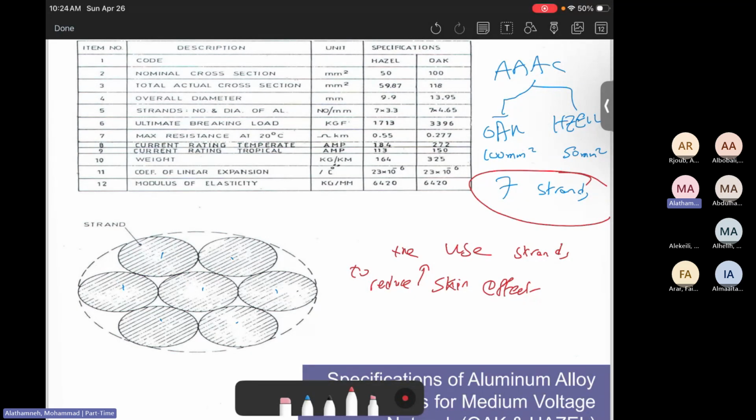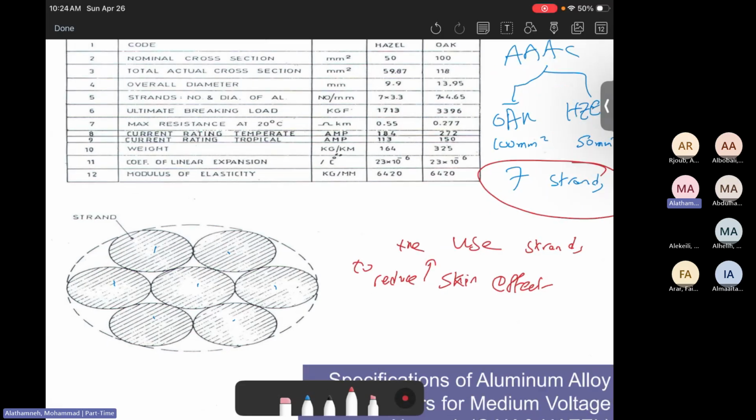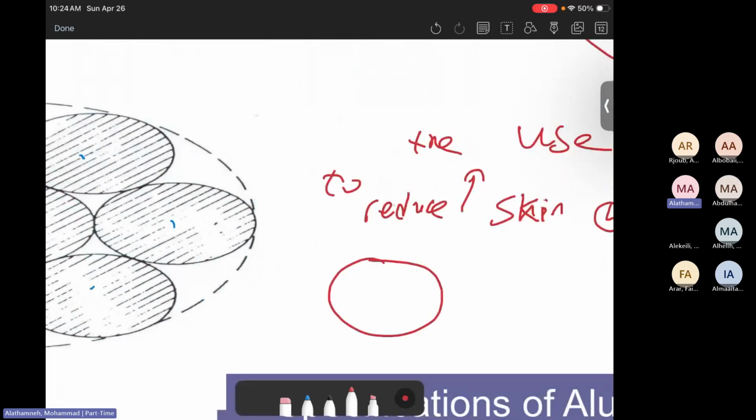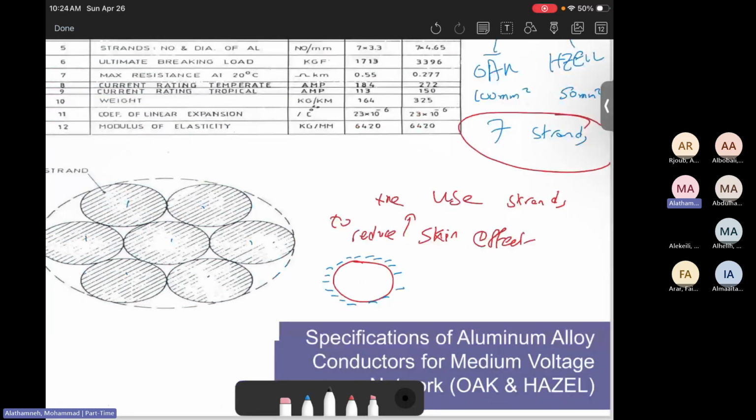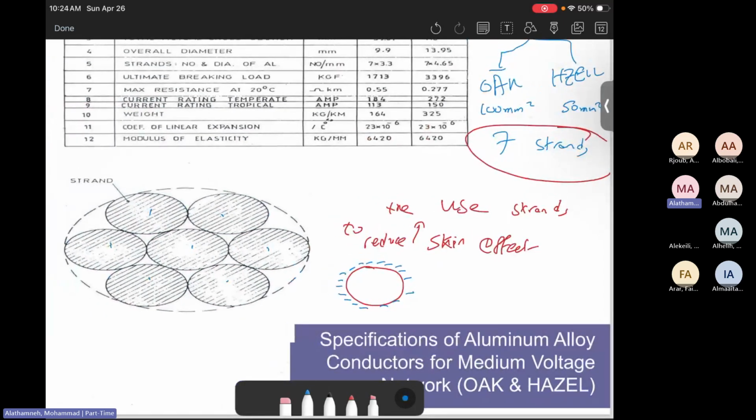Skin effect means that on the conductor, the electrons like to be at the edge of the conductor, which makes the current flow at the edge of the conductor, not inside it. So if we use a very big cable like this, you will see the electrons are condensed here, while the bottom is almost empty, almost none.